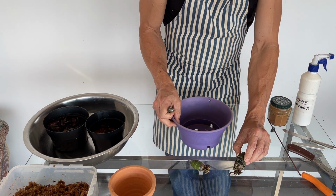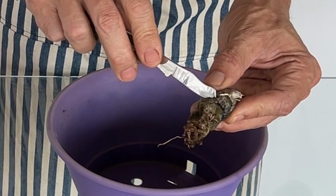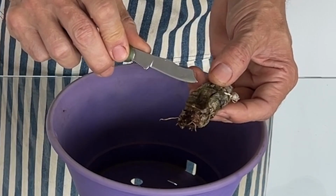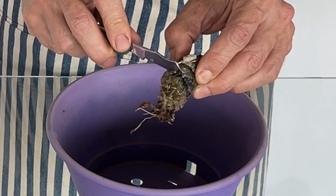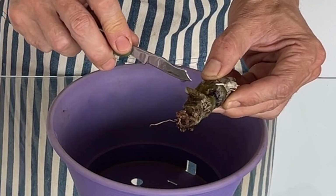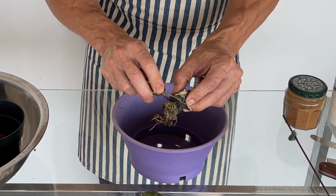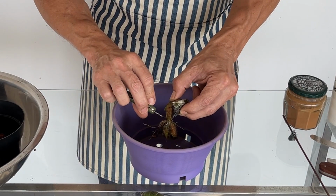So what we want to do with this is feel about where the mushiness starts and do our incision and gently work our way around. Remember, always working with a sharp blade, work away from you. We don't want you removing your fingers. They're very fibrous on the inside, so it will catch your blade, and you've just got to work your way through it gently so as not to cause any sudden movements that will